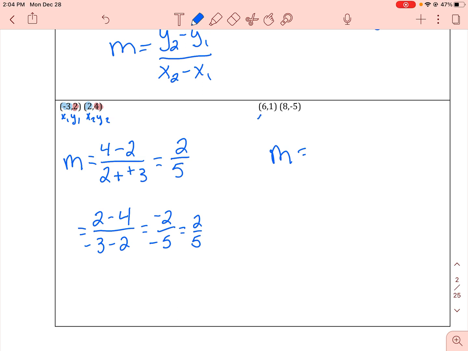So here, x1, y1, x2, y2. Again, this is an ordered pair or a coordinate because they're in parentheses. The first number will always be x. The second number will always be y. There's always one x and one y in an ordered pair. So I'm going to do y2 minus y1, or y2 and then opposite of y1,